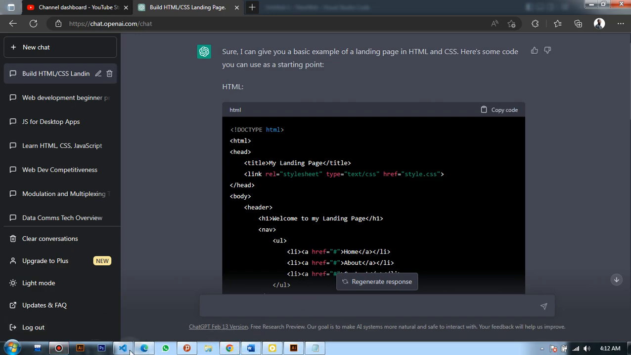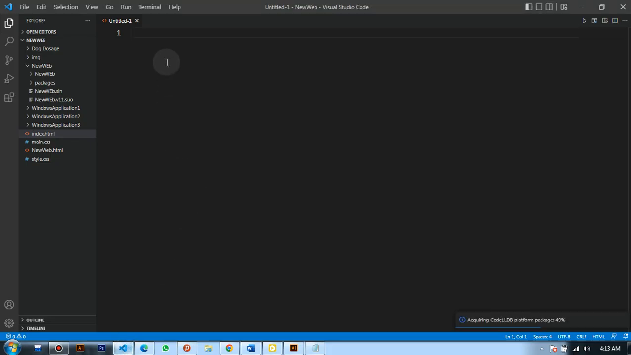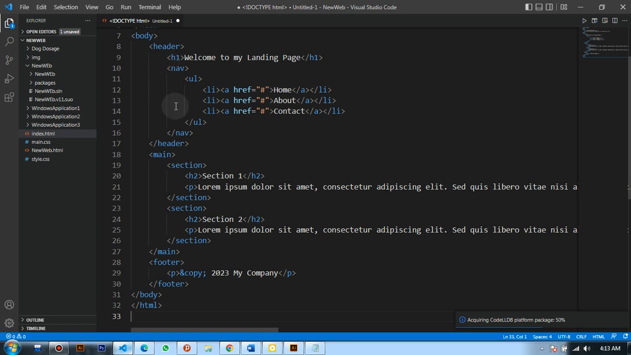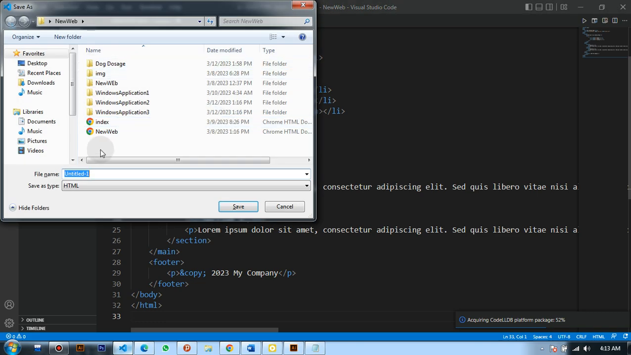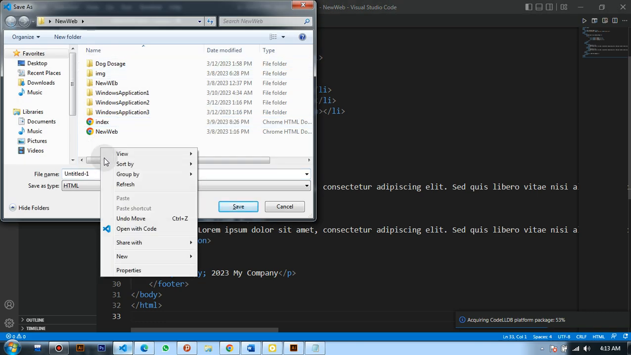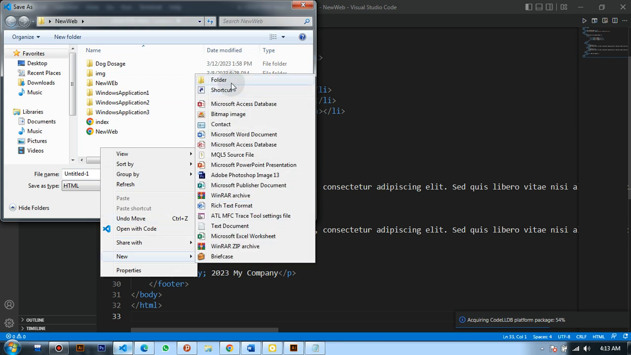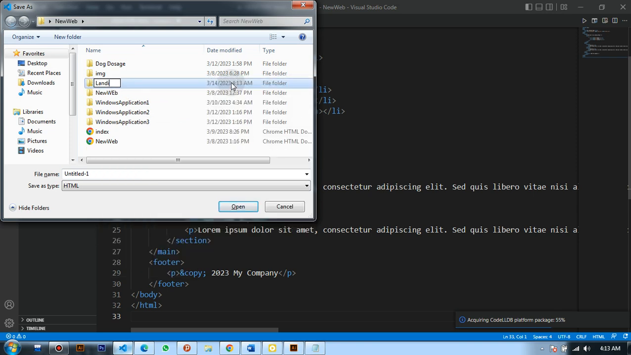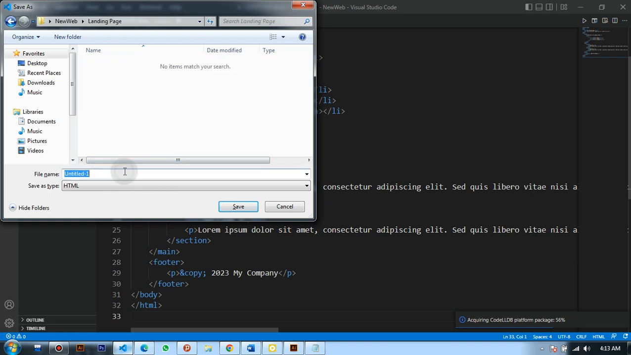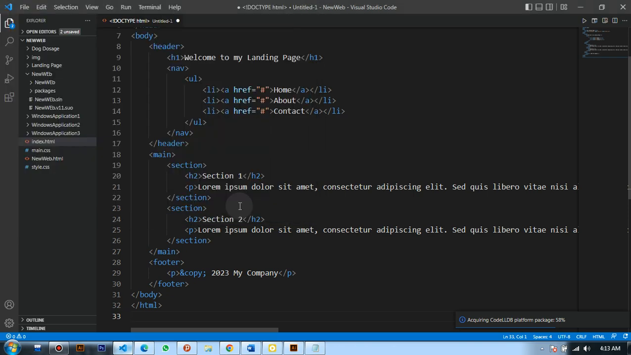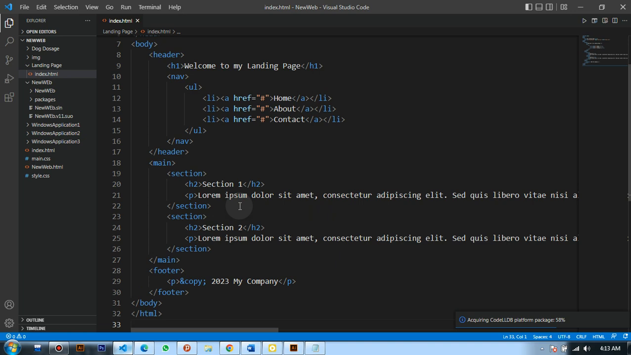Then we're going to jump into our code editor, for which we are using Visual Studio Code. I've just pasted the code, so let me press Control and S to save. Now I'm going to create a separate folder called landing page. Our HTML file, we're going to name it index.html, because when you upload it online on hosting, it will require us to use